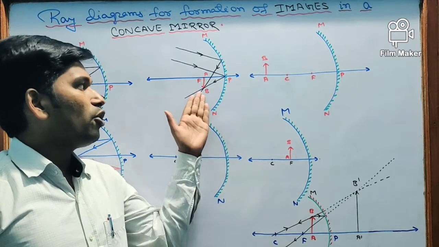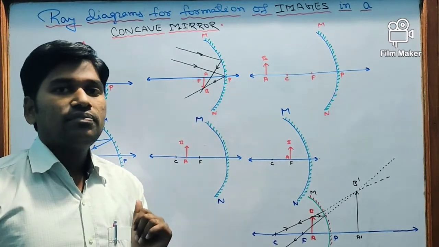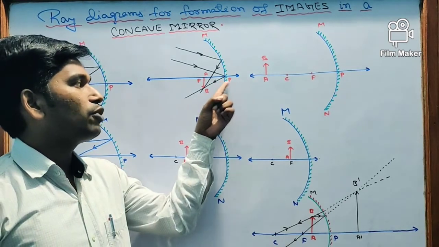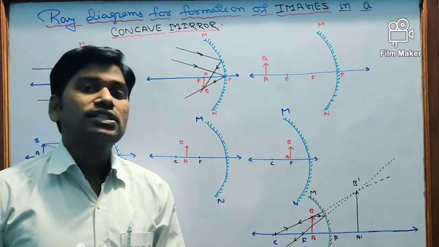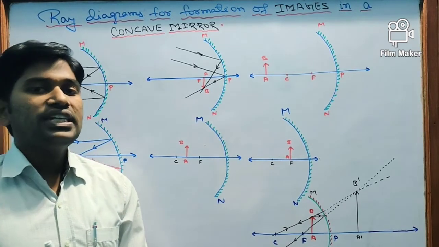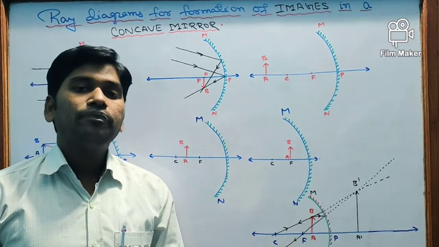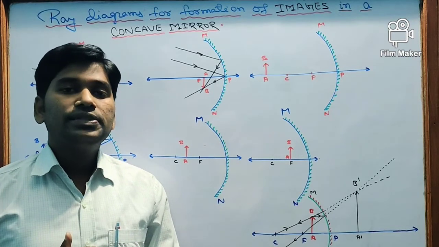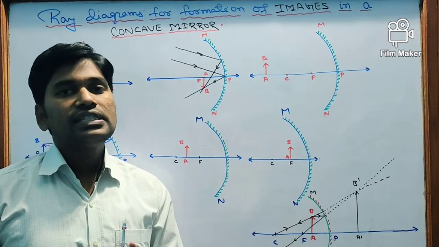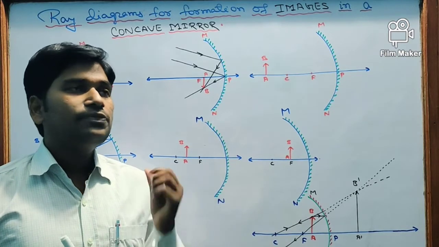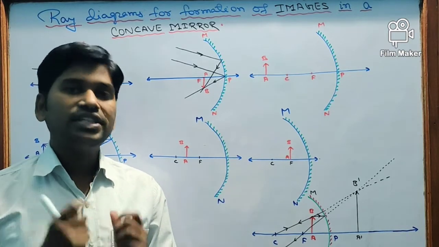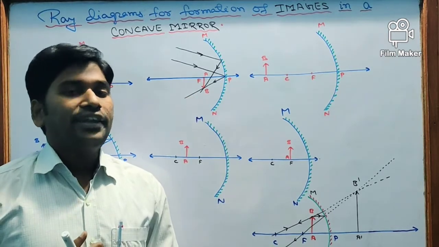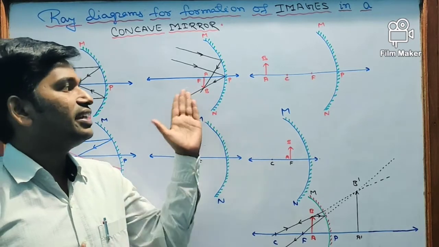So the image is formed on the focal plane, but the distance we will measure from the pole. So the position of object is very far from the mirror, position of image at focus, size very small, so diminished, nature real and inverted,